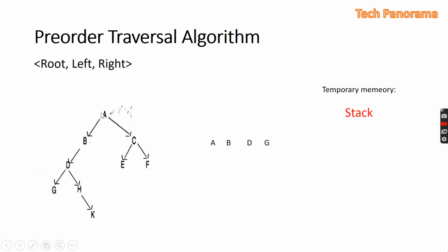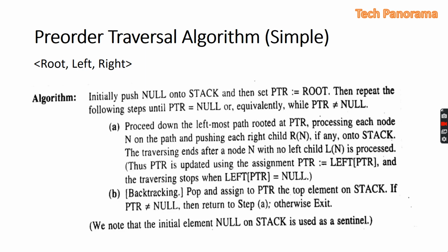As we notice, if we move from A to B to D to G, then after G we will move to this part. So if we store first C, then H, and then we process the tree, then we will first pop out the H, then we will process the C. So this can be accomplished with the help of the stack. So in all three traversal algorithms, we will make use of the stack to store the right part of the tree or some other form. So first we will discuss the pre-order traversal.